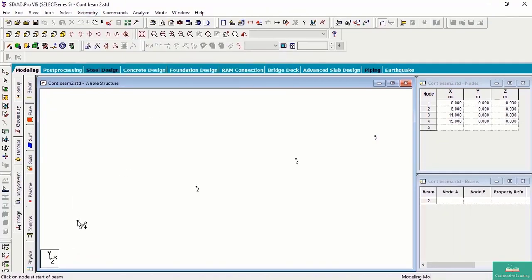Now click from one point to another point. Follow any one procedure like going from left to right. So like this, beams will be created. Here we can observe beam 1, 2, 3.